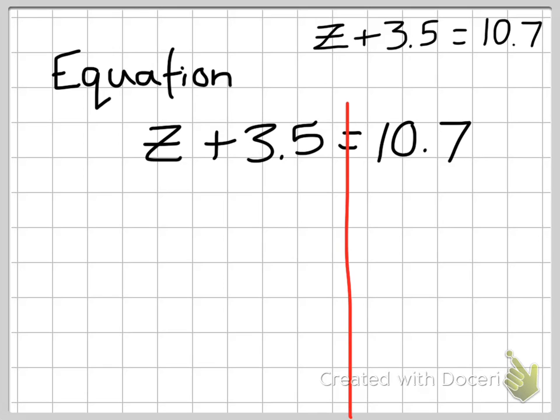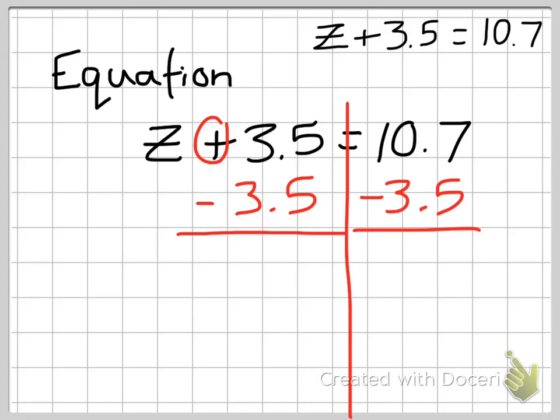I'm always going to draw a line straight down when we're doing equations. That helps us balance. And we're looking at addition, so we're going to do the opposite, minus 3.5. Whatever you do to one side, you do to the other side, minus 3.5. That's going to allow us to cancel the 3.5 out, because if you have a positive 3.5 and you do the opposite operation, in this case subtraction, it's going to cancel out. You're going to be left with 0, and the only thing on this side is z. So we look at the other side now, and we simply subtract